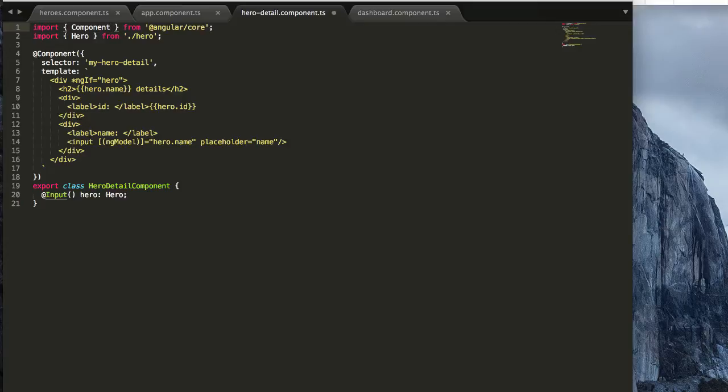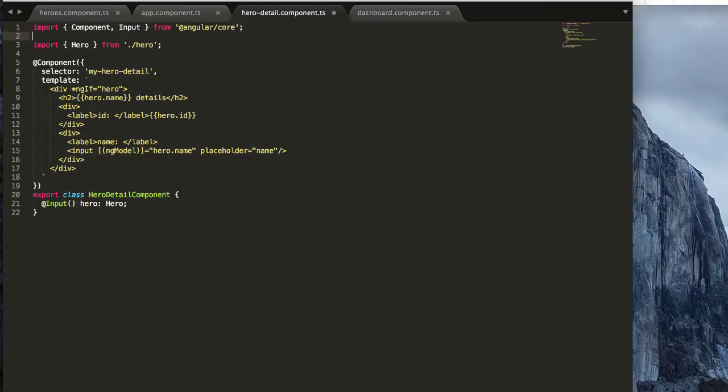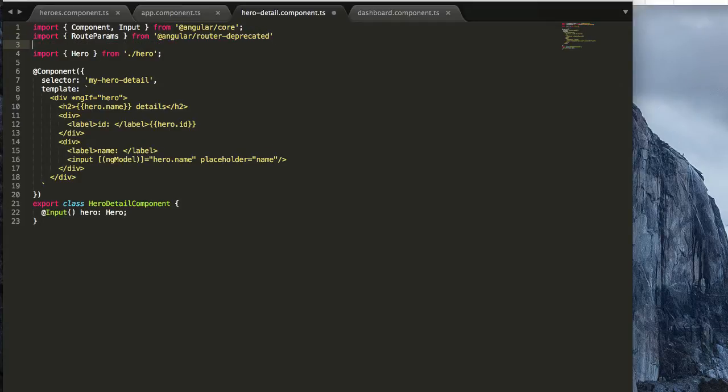I've got the input there like that. Oh, we're probably going to need that now. So now we're going to import the hero service and route params. So import first route params from that Angular slash router dash deprecated. This deprecated thing worries me. And then we import the hero service as we normally do. Hero service. From